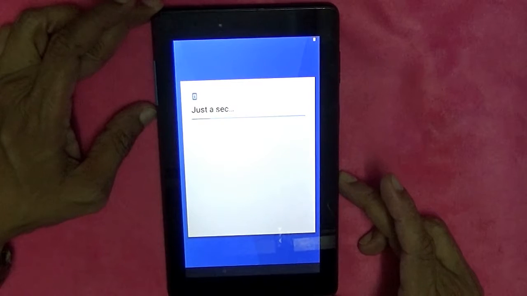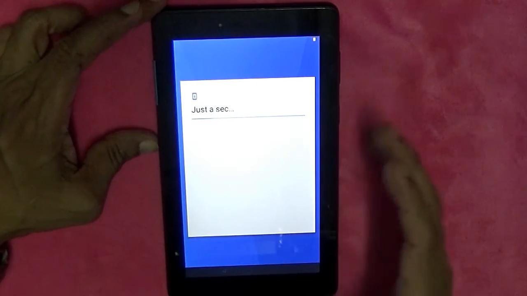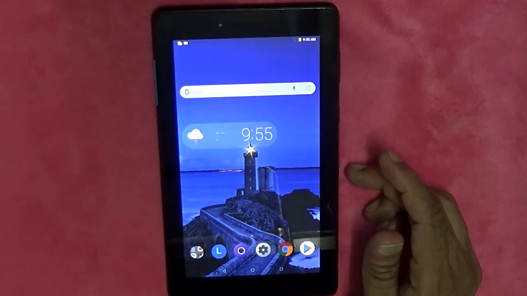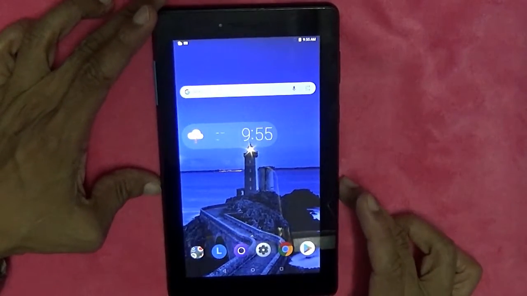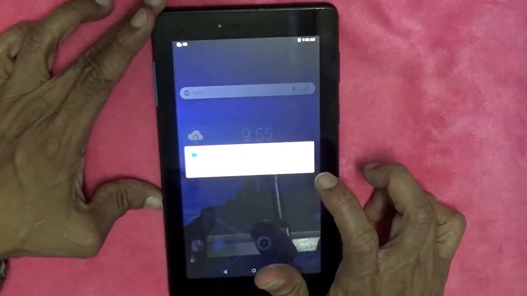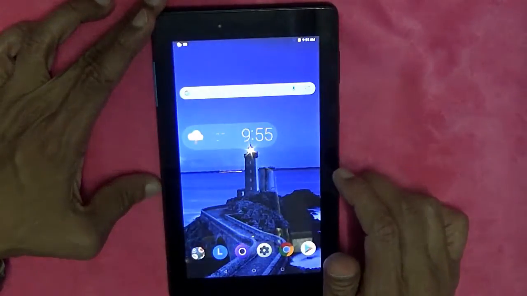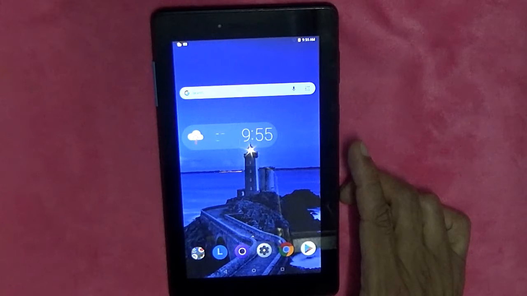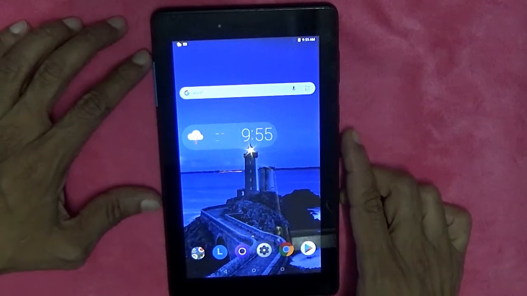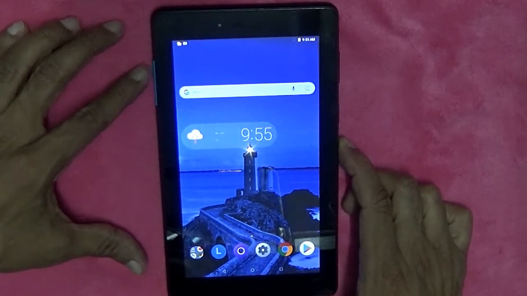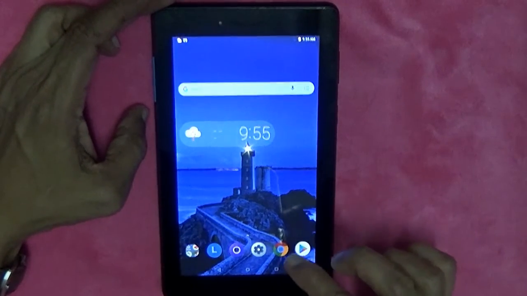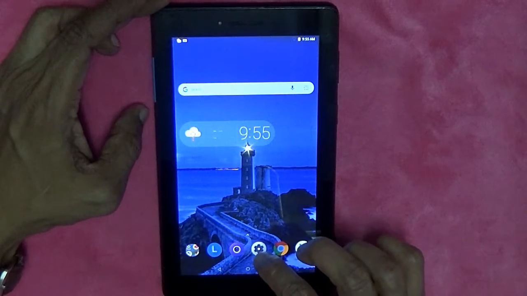I'll show you how to unlock the FRP for this same tab in my next video. So keep tuned in and check my next video for unlocking the FRP of this particular Lenovo model.